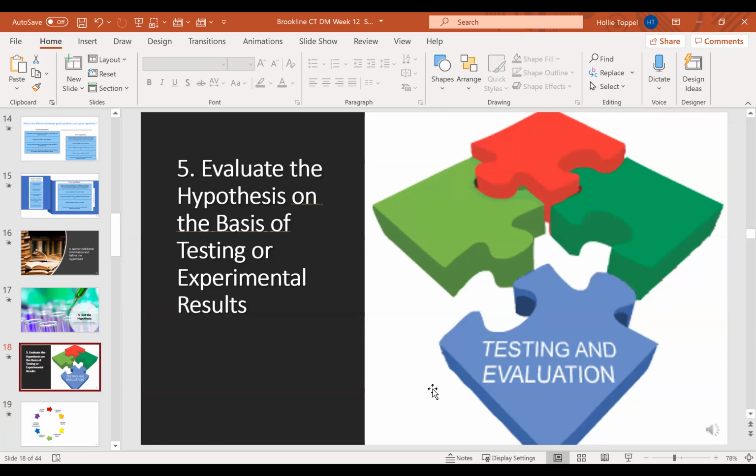You evaluate the hypothesis on the basis of testing and the experimental result. That means no bias. Okay? You look at some of the studies that have been done on COVID with no controls, because they can't have one. You look at the backgrounds of the researchers. Did they come from a pharmaceutical company? Wasn't that one of them? But then who else does good research? What about the universities and colleges? Are they good places to evaluate